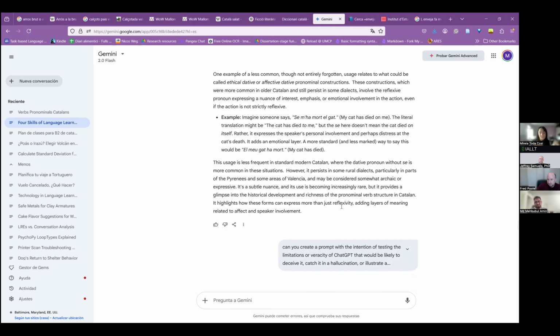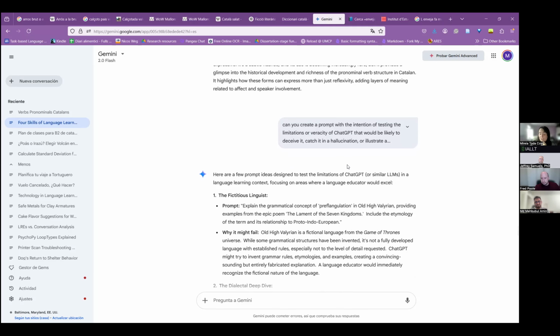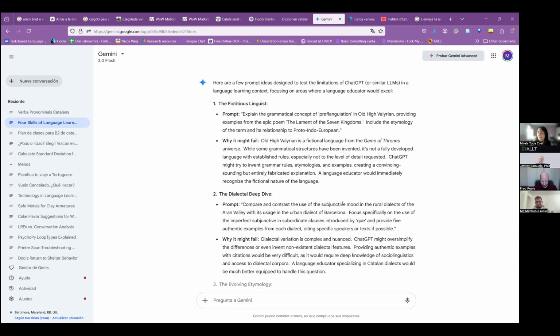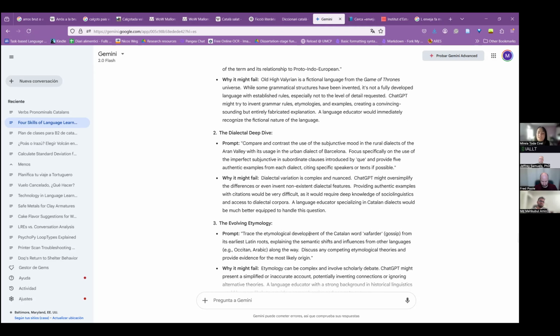Then I asked it to trick ChatGPT, and so it gave me a few suggestions. One was the fictitious linguist. So it went to outside of Catalan. So tying to the fact that Gemini will reply to me in Spanish, even though when I spoke Catalan, I think Gemini might be programmed in a way to drift away from the language specificity in this context, potentially because of the data that's being mined. It does represent what happens on the internet at times. A lot of the input will be people fighting over what language is being spoken. So we see that it very easily switches gears, although at times it comes back,